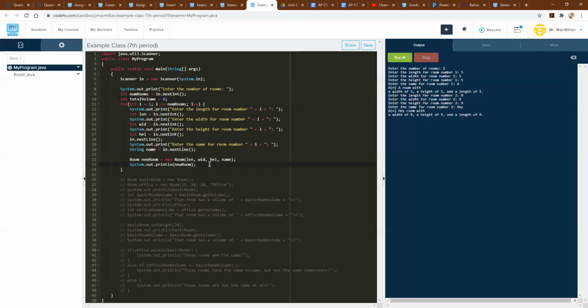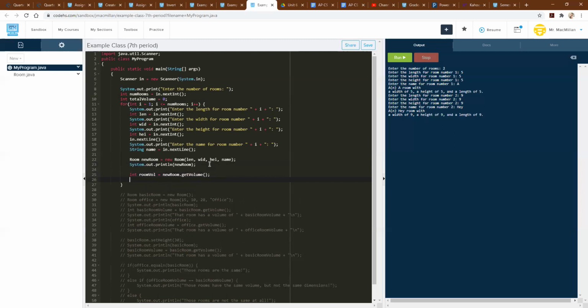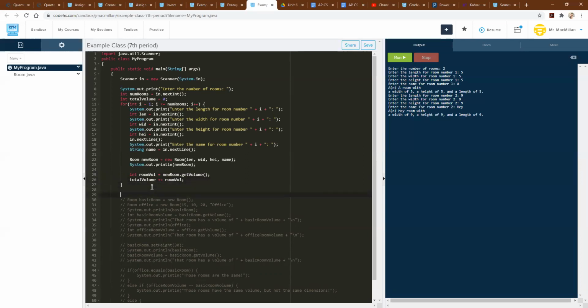And then each time in our loop, we can get the volume of our room. So int roomVol equals new room dot getVolume. I'm going to call our getVolume, and then we can add that volume to our total volume. So totalVolume plus equals roomVol. So we're going to add our room's volume to our total, and then at the end of our loop, after our loop is finished, we can